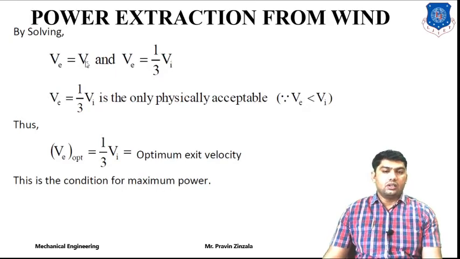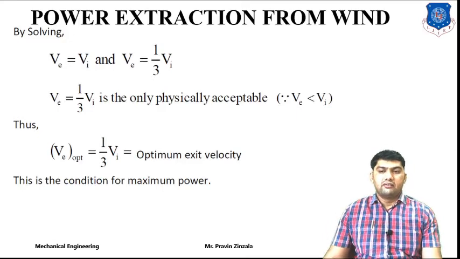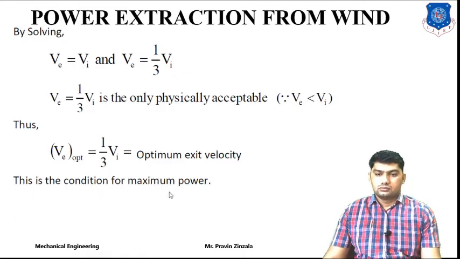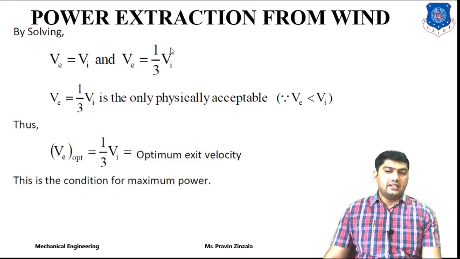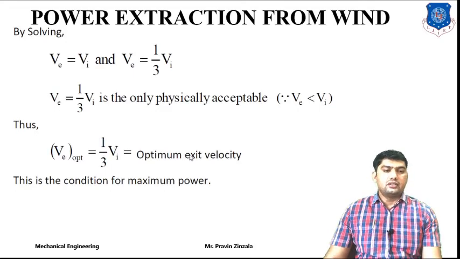Vi. This is not possible because the inlet and outlet velocity will be the same, so we will not get power, because the power is equal to rate of work done, and work done is equal to change in kinetic energy. So for the change in kinetic energy, we also need a difference in velocity. So V is equal to Vi is not possible. So the condition we are considering, means axial velocity is equal to Vi by 3. It is one third of the inlet velocity, and this is the optimum axial velocity, or we can also say it is the condition of maximum